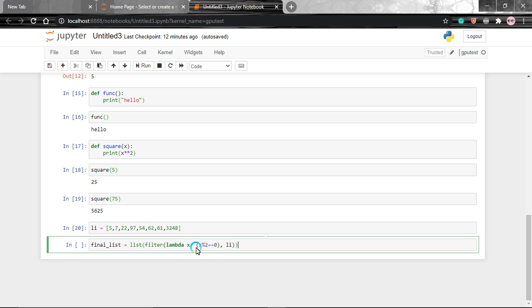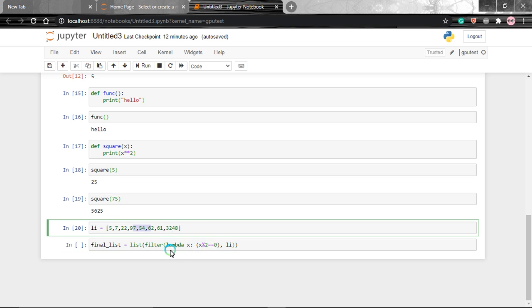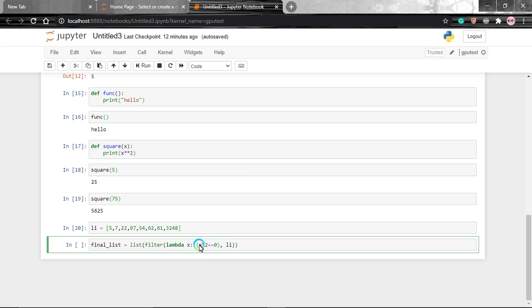So what we are passing in this function is our list. We have used list here, so we are passing our list into this function, and this function will check if this condition is valid or not. x refers to every element. First x will be 5, it will check 5 % 2 == 0, but it is not 0, so it will give us false. Then it will check for 7, similarly it will be false again, then 22, then it will be true. Like this it will check, right?